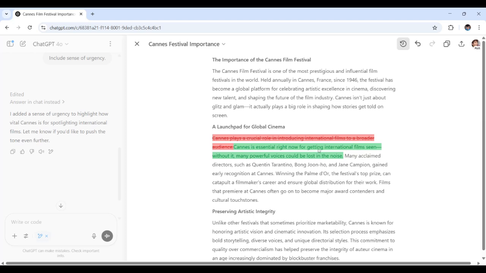So see right here, ChatGPT just adjusted your sentence to fit that request without you needing to rewrite from scratch. Instead of switching tabs or starting over, just highlight, prompt, and improve, not too time consuming, all within the ChatGPT Canvas. There are a few more methods for me to show you. Let's move on right now.